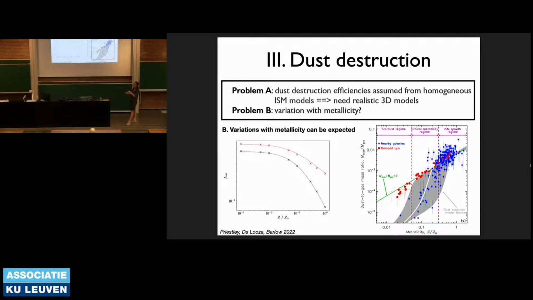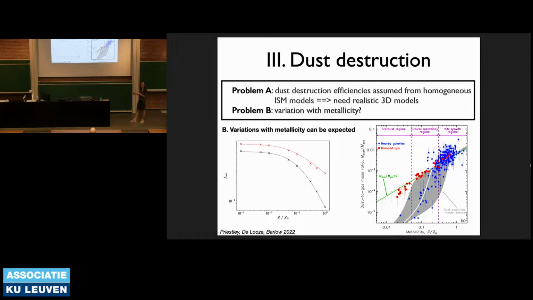So what happens if you go to low metallicity? Metals provide an important coolant of the interstellar medium and of gas in general, but if you have fewer metals present, that means that the gas will remain hot, so you'll still get a lot of collisions, and sputtering processes will remain active for longer. So the duration during which you're destroying dust grains is going to be longer. And this is something that he has demonstrated with some very simple models.